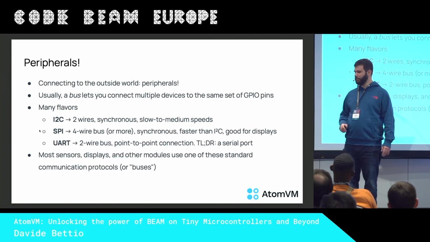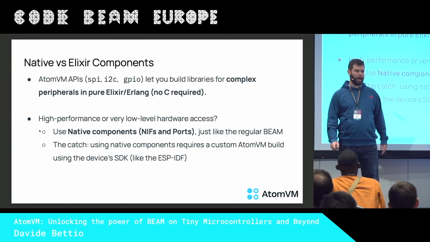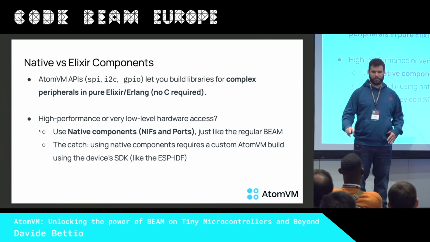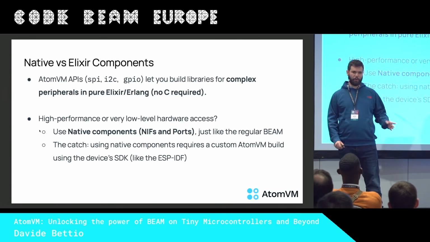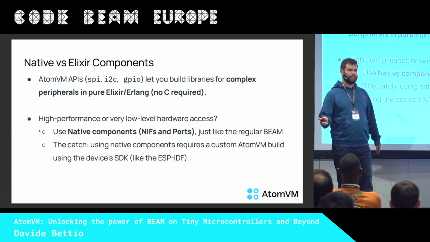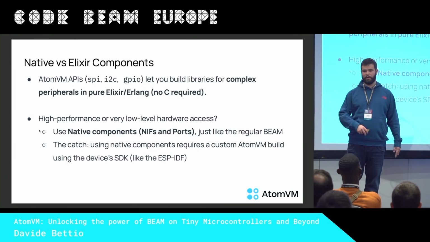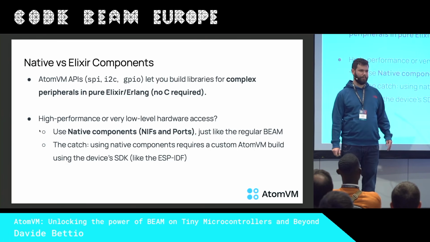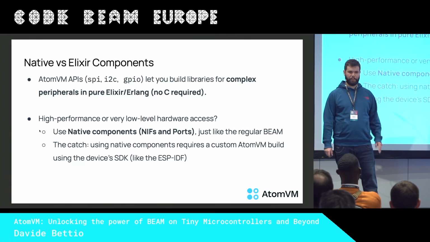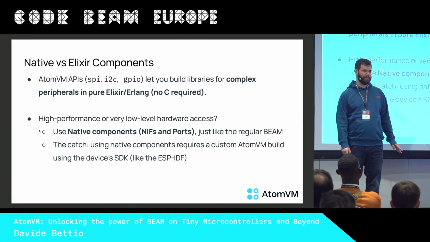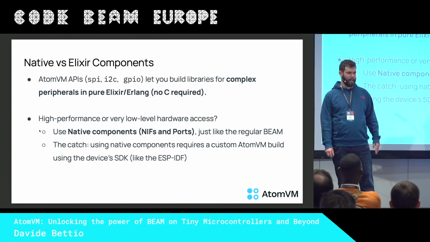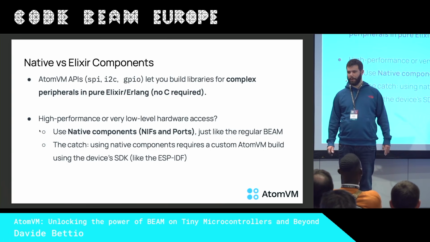But the important point here is that our Erlang APIs, well, Elixir as well, and as far as I know, Gleam APIs support all of them. I mean, the main buses. So if you need SPI, I2C, UART, or whatever, we have APIs for them. You can use them from Erlang, so you don't have to mess with C code, and you can even make some complex drivers and just forget about the C language.